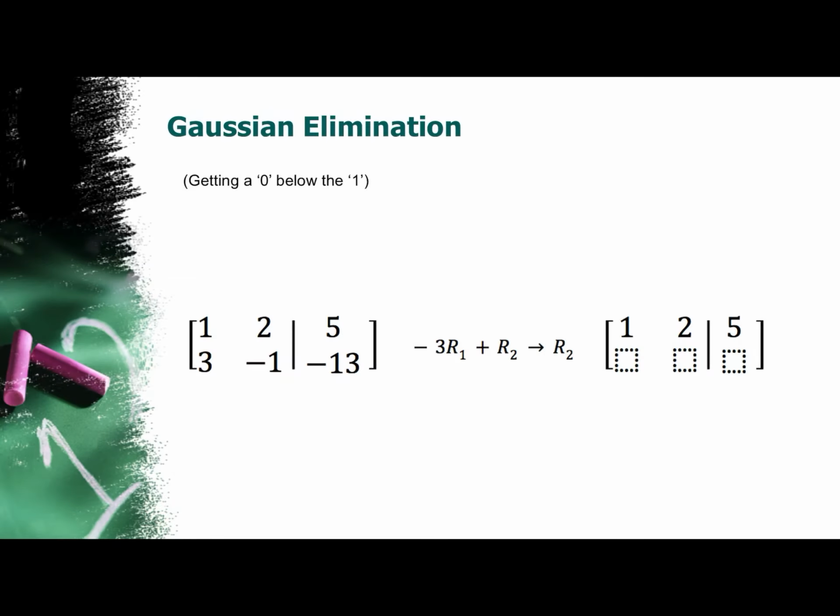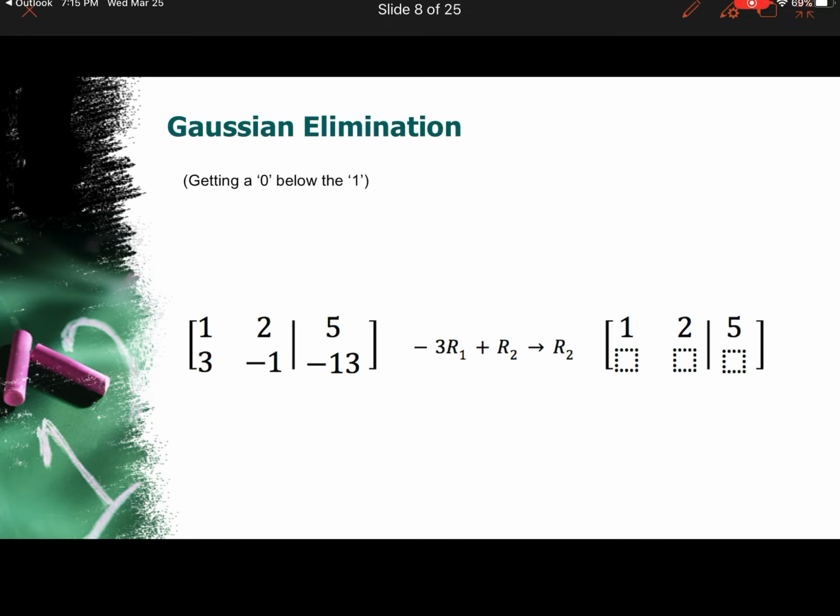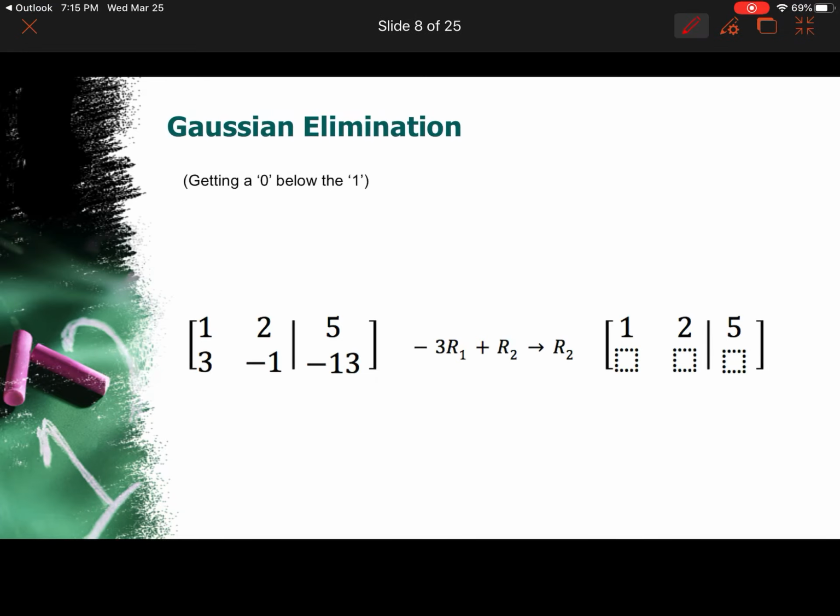Okay, so that's what I'm going to start with. A -1 times -3 times row 1. Okay, so -3 times row 1 is going to be -3, -6, and -15. I'm going to add that to row 2. It's going to be 0, -7,